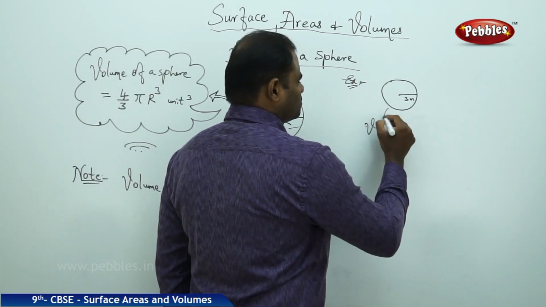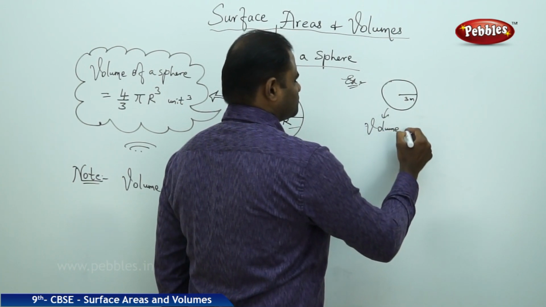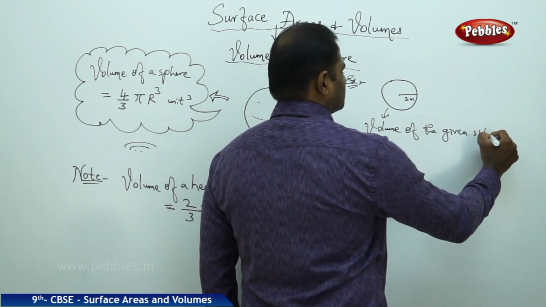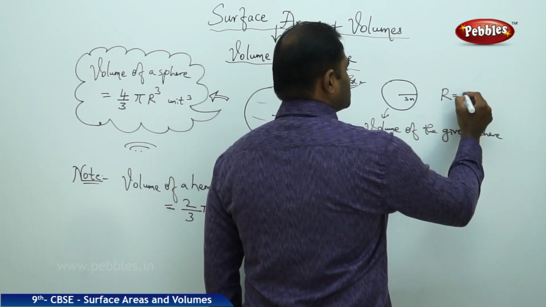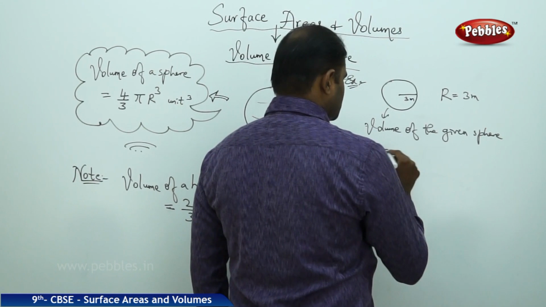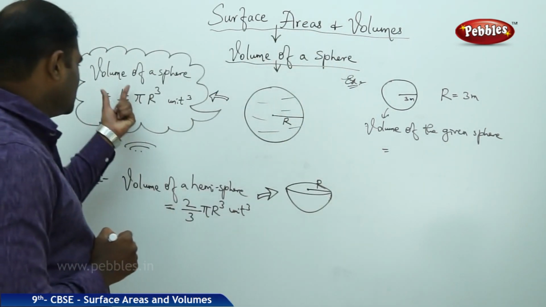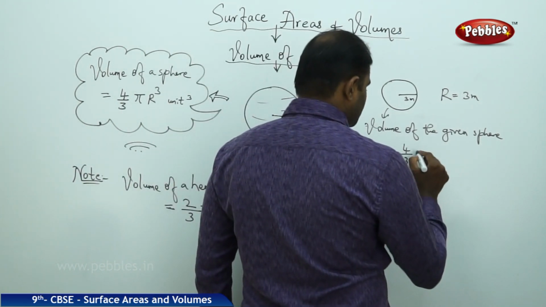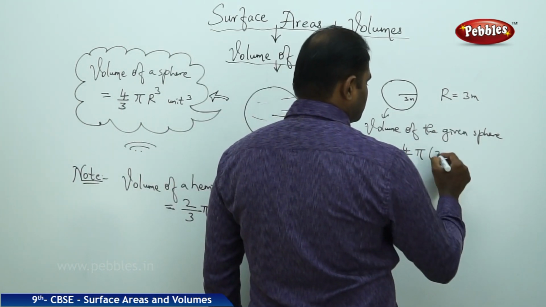Then the volume of the given sphere whose radius is given to be 3 meters is clearly given by the formula 4/3 pi r cube. So 4/3 pi r cube, which is